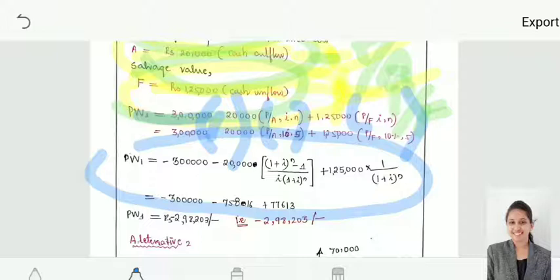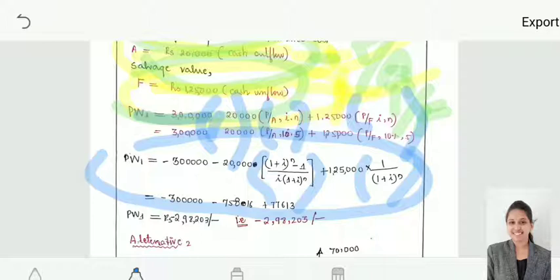So either we can use this one or directly use the compound interest tables, as we have used in our previous cases. Now using the compound interest table, we have to check for the rate of interest of 10%, n as 5 years, and the columns P by A and P by F, and directly you can multiply with respect to the two and get the answer.